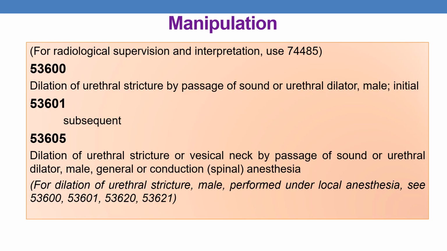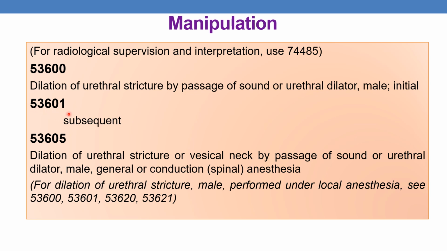Now coming to manipulation CPTs. For your radiological supervision and interpretation, use 74485. And the first CPT in manipulation is 53600. Dilation of urethral stricture by passage of sound or urethral dilator, male. Initial encounter. And for subsequent encounter, the CPT is 53601. For the dilation of urethral stricture by passage of sound or urethral dilator, male. Subsequent encounter,